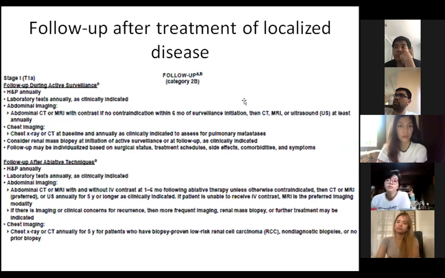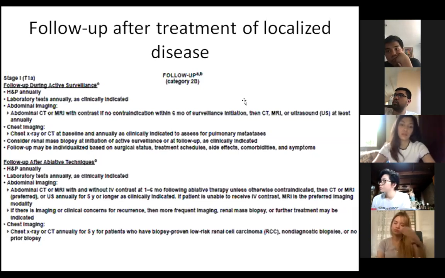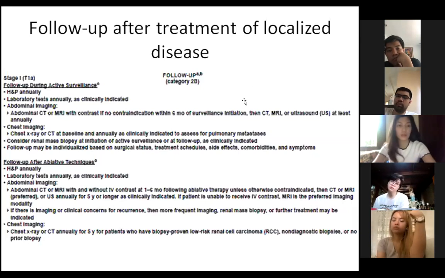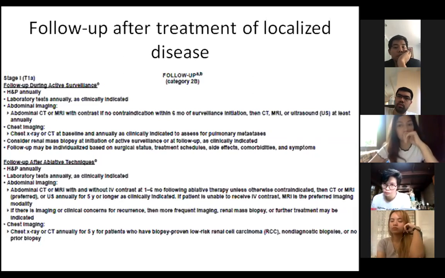Most follow-up tests after ablative therapy naman, included by the NCCN panel, are similar to the follow-up tests included during active surveillance. For imaging tests after ablative therapy, they recommend abdominal CT or MRI with and without IV contrast unless otherwise contraindicated at 3 and 6 months to assess treatment response, followed by annual abdominal CT or MRI scans for 5 years. The panel suggests repeat biopsy if there is radiographic evidence of progressive increase in size